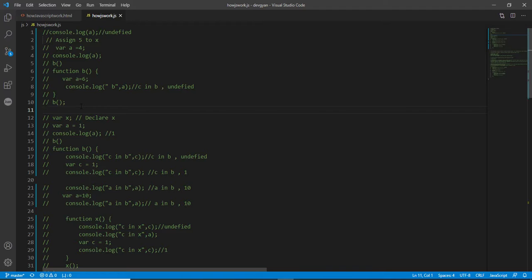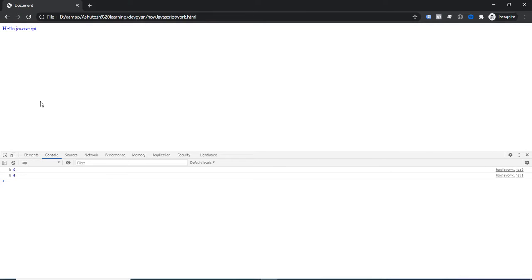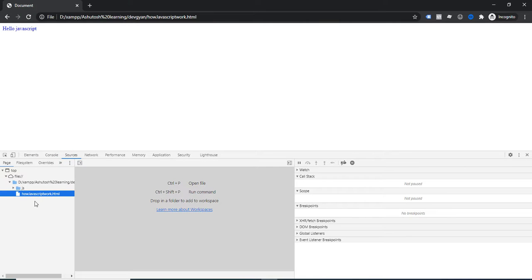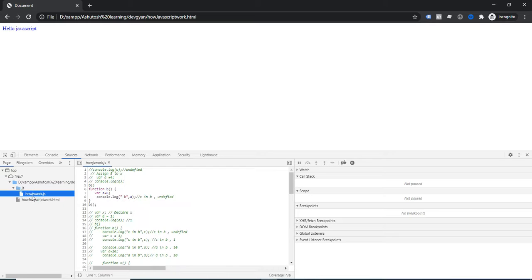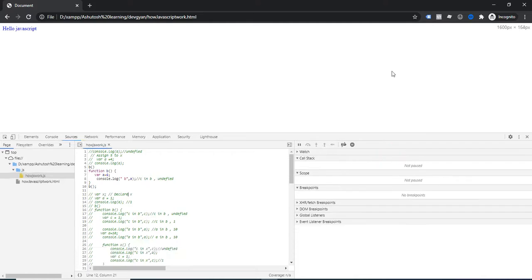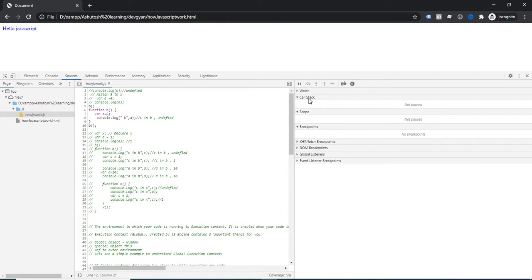And now it's done. After the creation phase, the other phase is the execution phase, where code will start executing line by line. So how will it execute? For executing code, it will go to the call stack. In the browser, if you go to the source page, and for example go to the JS folder, because our code is available in that JS, you can notice on the right side the call stack.